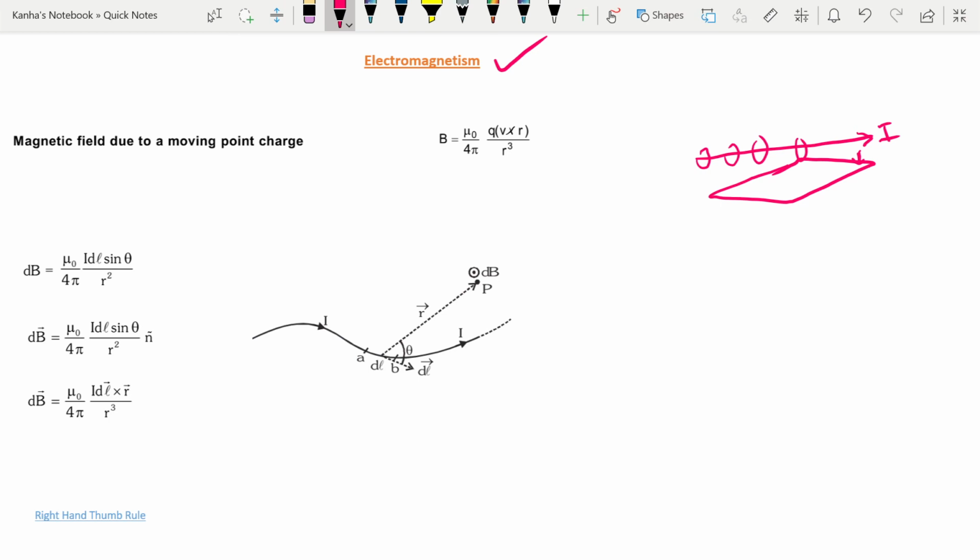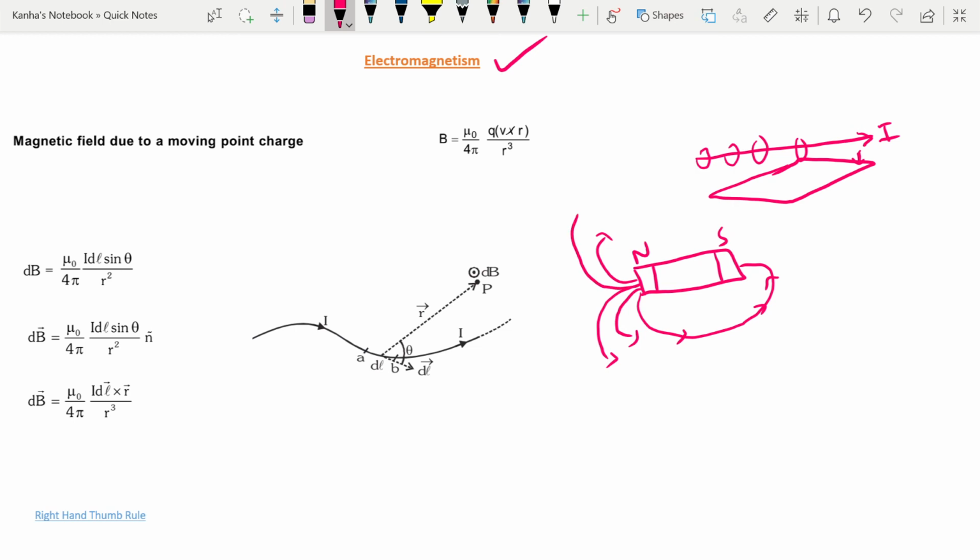Similarly, a magnet at rest is producing a magnetic field around it. If I have a magnet at rest, there are two poles, south pole and north pole, and you have magnetic fields around it. Similar to electrical fields, you can draw magnetic field lines as well. We'll talk about them later, but in general, you can imagine a field around the magnet.